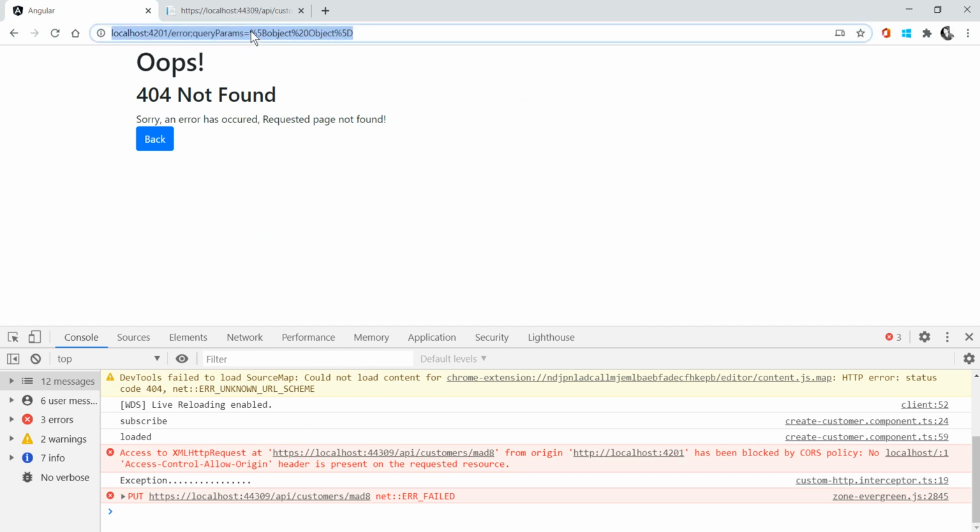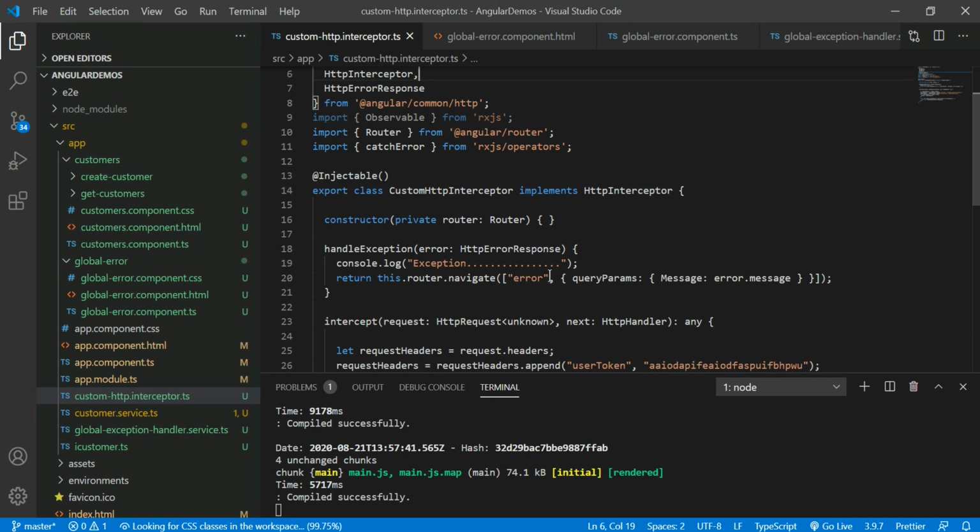So what happened? I am passing the object here. What is the object? Let me see that. The little modification is that I have to prepare this router method parameter as an array. This is a small modification.